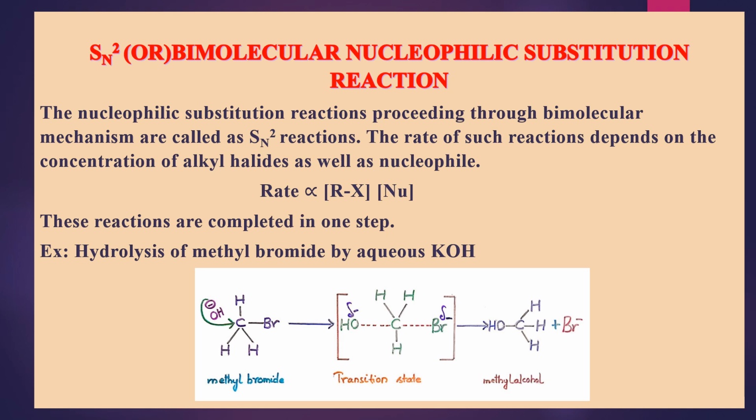Next, finally what happens? The carbon bromine bond, that is the C-Br bond, is completely broken. How is it broken? By the energy liberated during the formation of the C-OH bond. Students, look here. In hydrolysis, the OH minus ion is attacking the carbon atom from the backside, that means from the side opposite to that of the bromine atom.